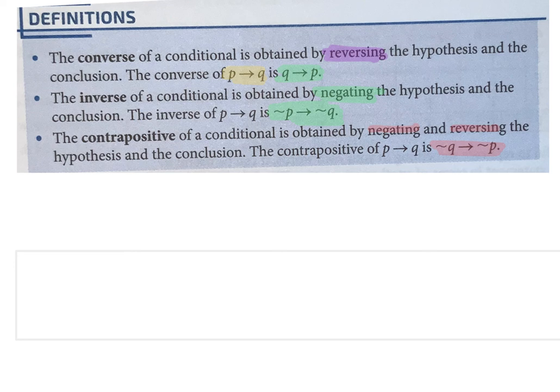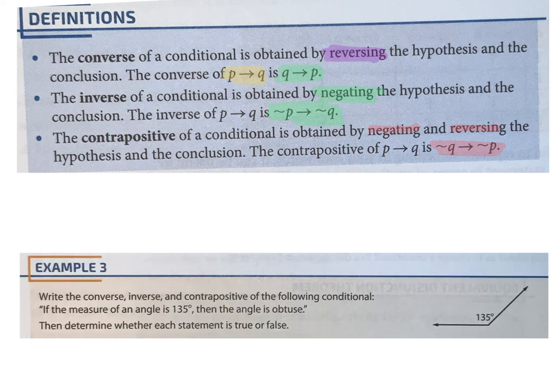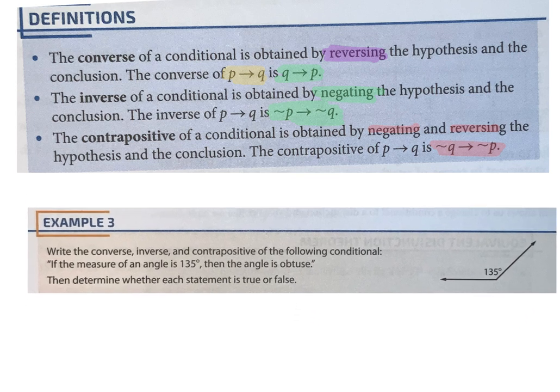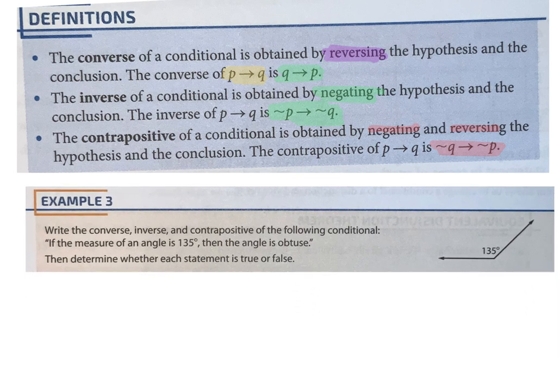All right? Let's look at the example in your book, middle of page 67. When you are given a conditional, you want to establish what the hypothesis is, and you want to establish what the conclusion is, all right? And so my hypothesis here is the measure of an angle is 135. My conclusion is the angle is obtuse, all right? So if I wanted to do the converse,